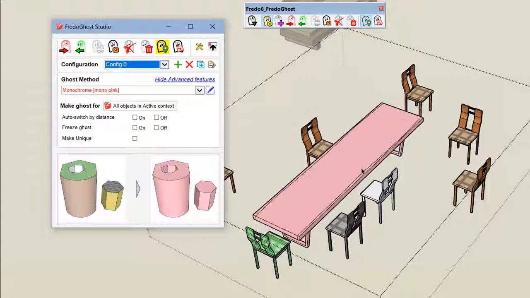So this is useful when by chance you want to maintain different ghosting for the same objects. As we will see in another video, this can be used in relation with scenes and the scene capture feature.